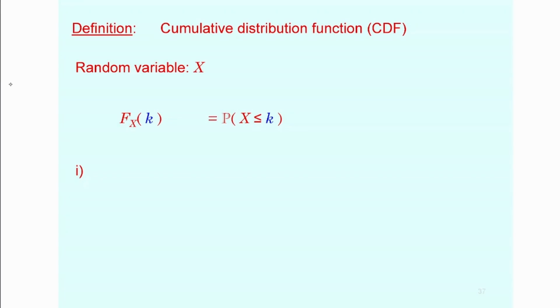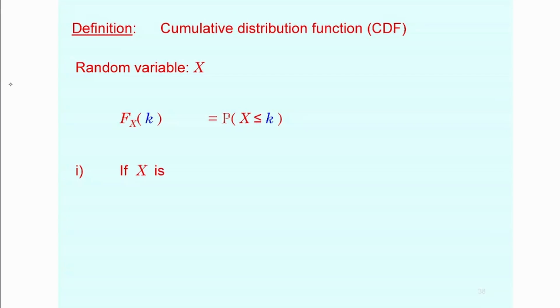Last time we discussed properties of cumulative distribution functions, and this time I want to give you the idea of how to establish them when it comes to discrete as well as continuous random variables. Again, please recall that the cumulative distribution function of a random variable capital X at point small k corresponds to the probability that the random variable is not greater than small k. We discussed that last time, defining it properly and so on, when it comes to measures, but this time we're going to focus on the application.